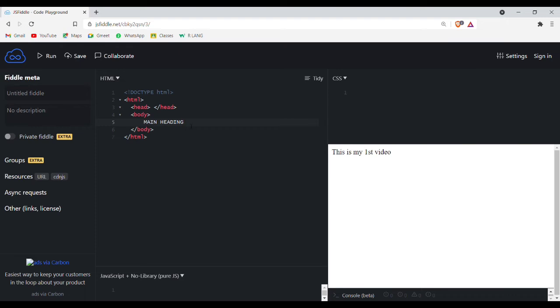For the main heading, we have an HTML tag or HTML element to describe it, and the tag is nothing but h1. As h1 is a tag, we have to enclose it with angular brackets. This is the starting tag, and we have to add an ending tag too.